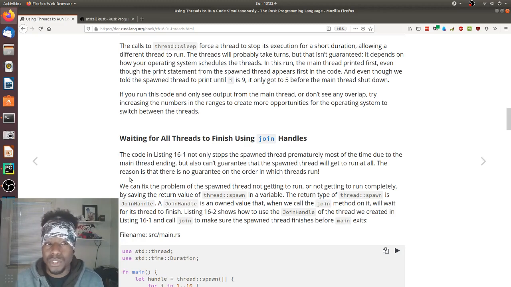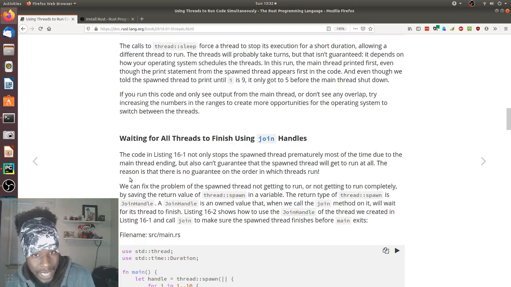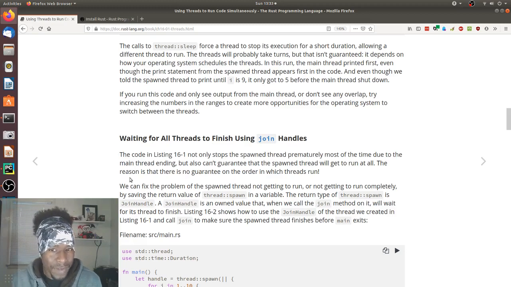And even though we told the spawn thread to print until i is 9, it only got to 5 before the main thread shut down. If you run this code and only see output from the main thread, or don't see any overlap, try increasing the numbers in the ranges to create more opportunities for the operating system to switch between threads.